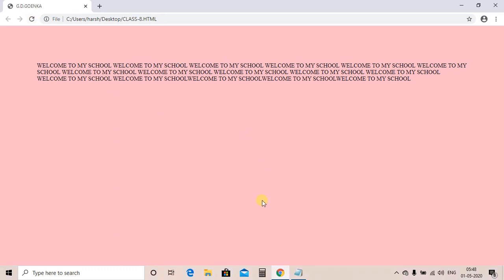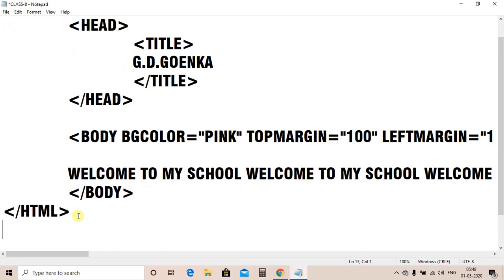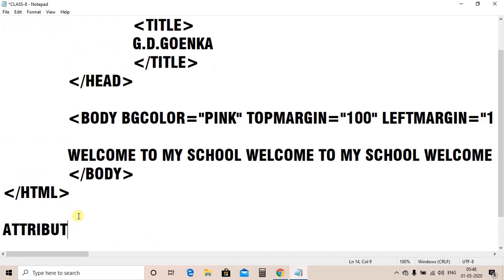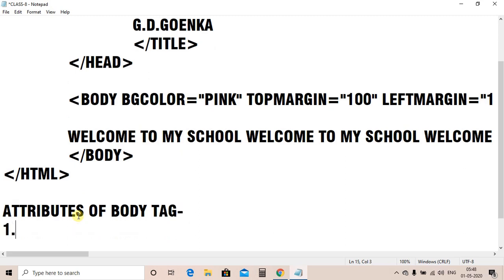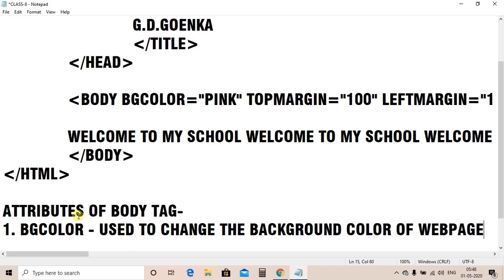Is that clear? So what we have discussed today, we have discussed the attributes of body tag. First one is BG color, used to change the background color of the web page.